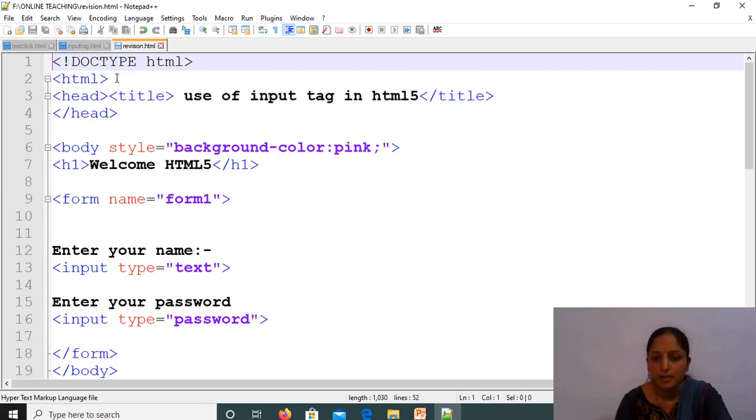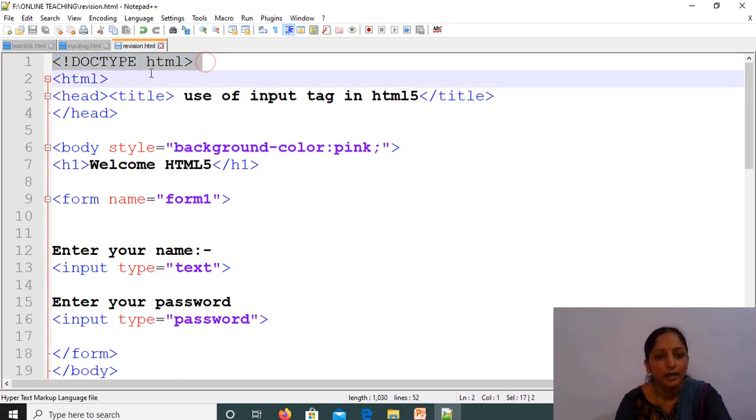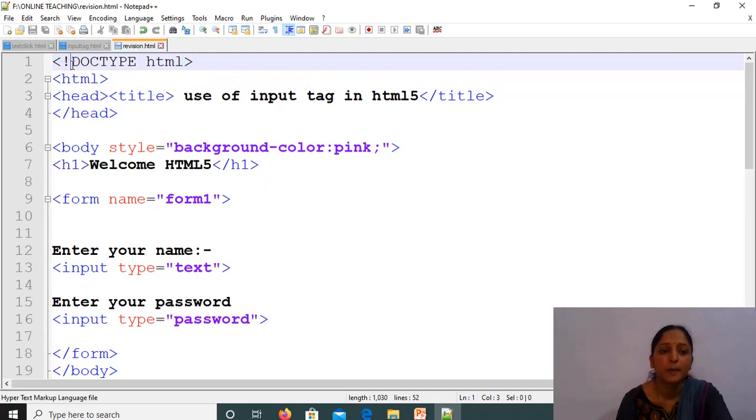This is the Notepad++ application. Now here we have started with this tag. Whatever is included here in angular brackets is called a tag, that all of you know. Now this doctype html is the first line, which indicates the flavor of HTML, the version of HTML. If you are using the basic HTML, then we just start with the html tag. But if you want to include some HTML5 features, then we have to start our program with doctype html. So this is the meaning of doctype html.